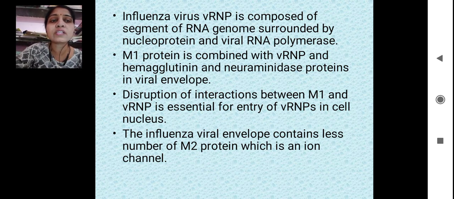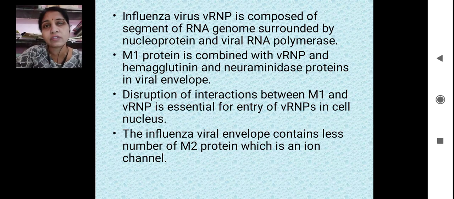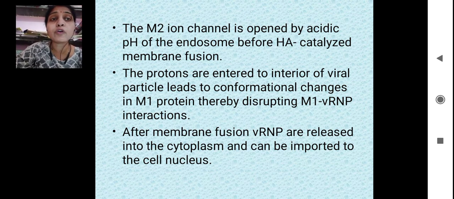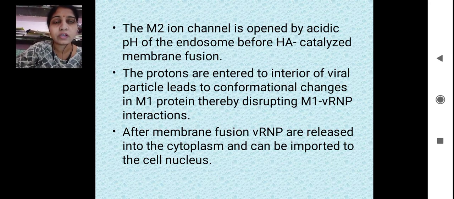Now the influenza viral envelope contains a small number of M2 proteins, which form an ion channel. This M2 ion channel is opened by the acidic pH present within the endosomal membrane, before the hemagglutinin-catalyzed membrane fusion. As the M2 protein acts as an ion channel, there is entry of H plus ions, and due to this entry of H plus ions, there is a further decrease in the pH of the endosome,